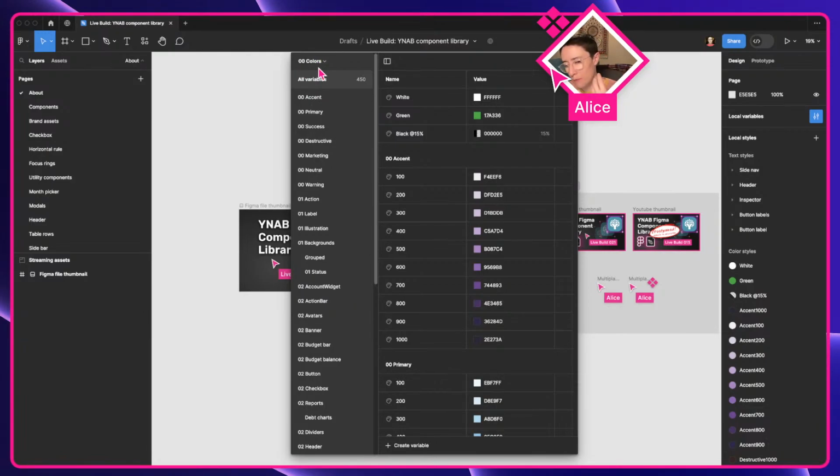To me, that's my way of saying this is a primitive level collection, but we've got semantic level variables in here too. That's designated with this 01, and then 02 would be a component level. So there's a lot of stuff in here that needs to move, and I gave it my best shot looking